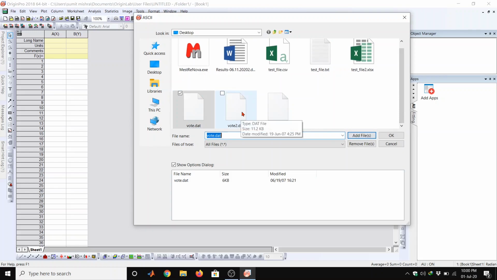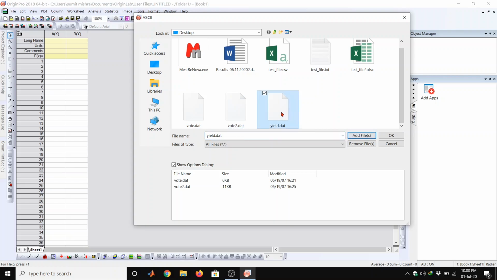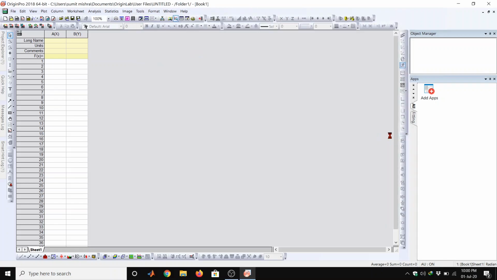For second ASCII file, again you have to select that file and then add file, and if you want to select more than two, then you should also select that particular file and then add file, and then finally OK.